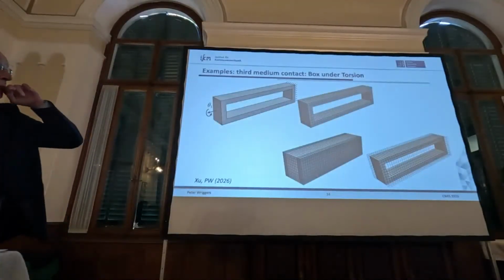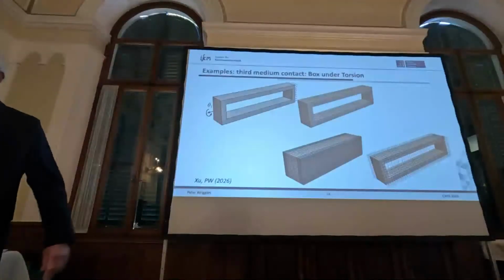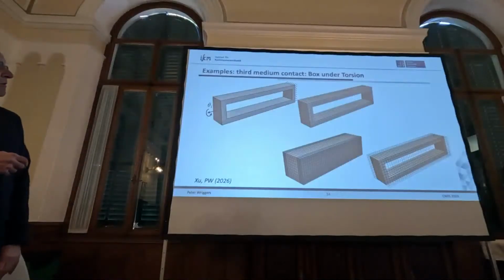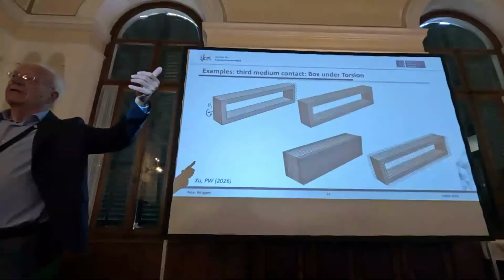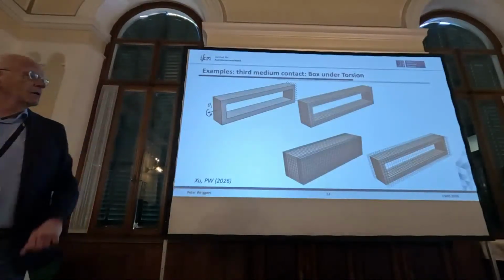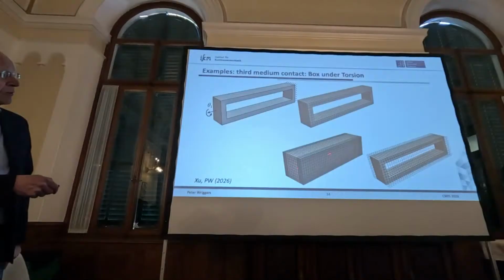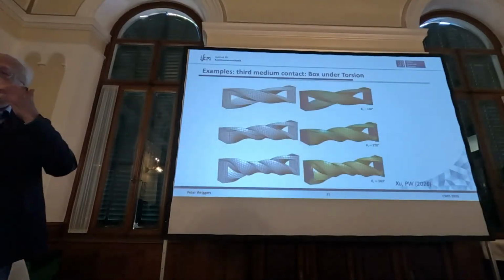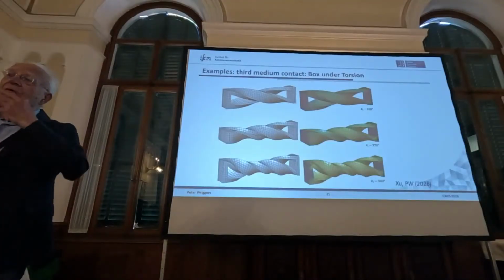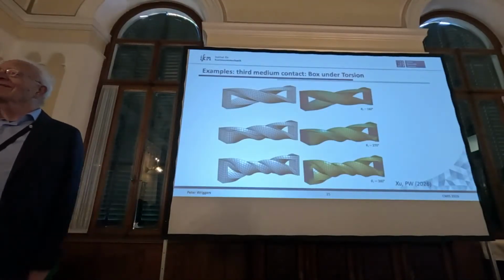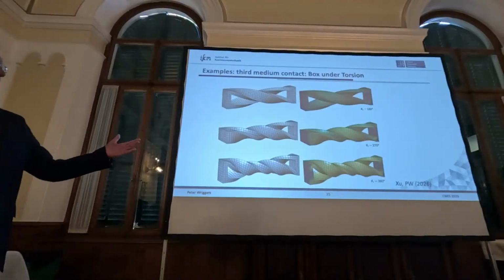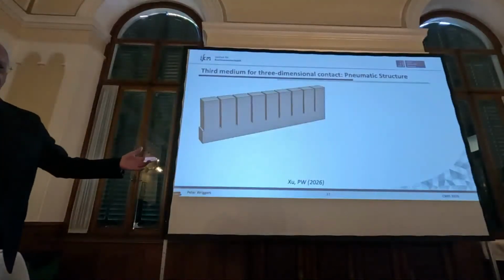There's another one, which one of my postdocs did, which is quite nice. So you have also this kind of box, but you now do a torsion. And then you get self-contact, hopefully, right? So then what we did, put the third medium on the sides and inside, and you can run these types of problems. So this is with self-contact. Also not so easy with classical finite elements. And the funny thing is with these things,